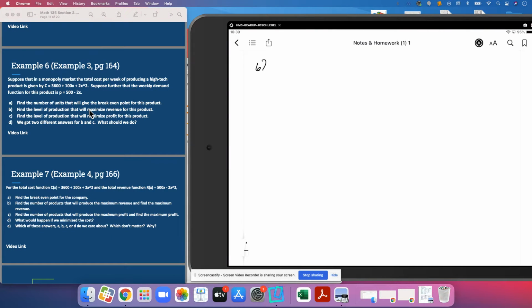Example 6 brings us to a monopoly market. The total cost per week of producing a high-tech product is given by that function. Suppose that the weekly demand for this function is P equals 500 minus 2x. Find the number of units that will give the break-even point for this product. Again, we need to remember that break-even occurs when